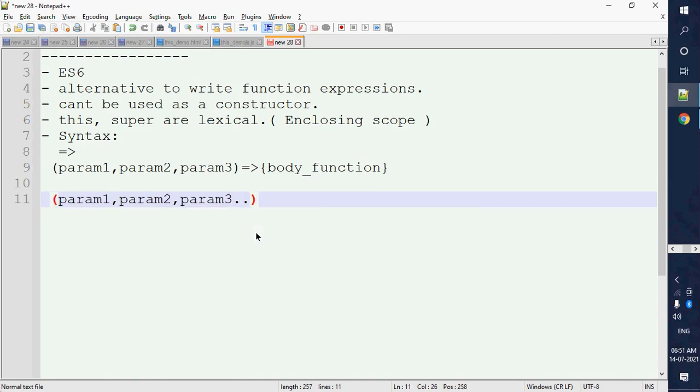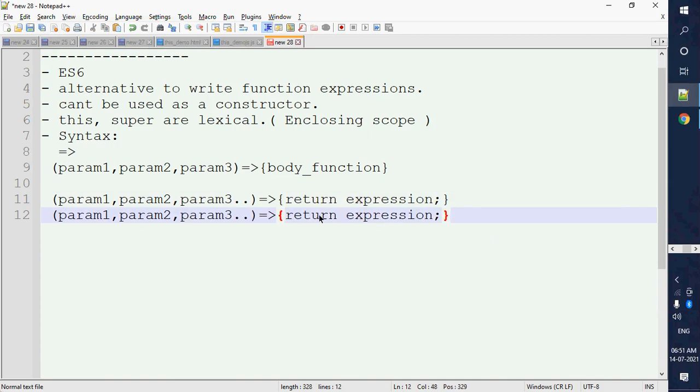If we want one statement that returns some expression, in that case we can ignore the return keyword. We can just write it like this, and it will be equivalent to the above one. Also, parentheses are optional whenever we have